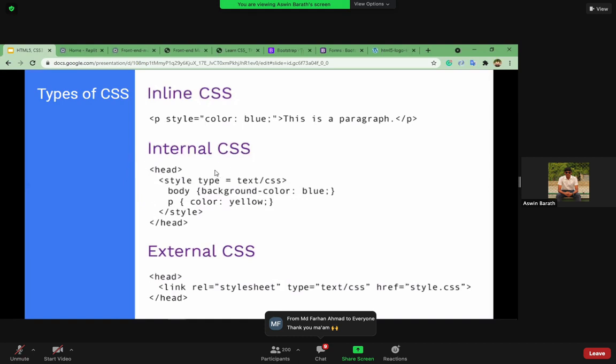That is internal CSS. We'll look at an example of that also. And we also have external CSS. When we have a separate file where we have the entire CSS part, we call that external CSS.